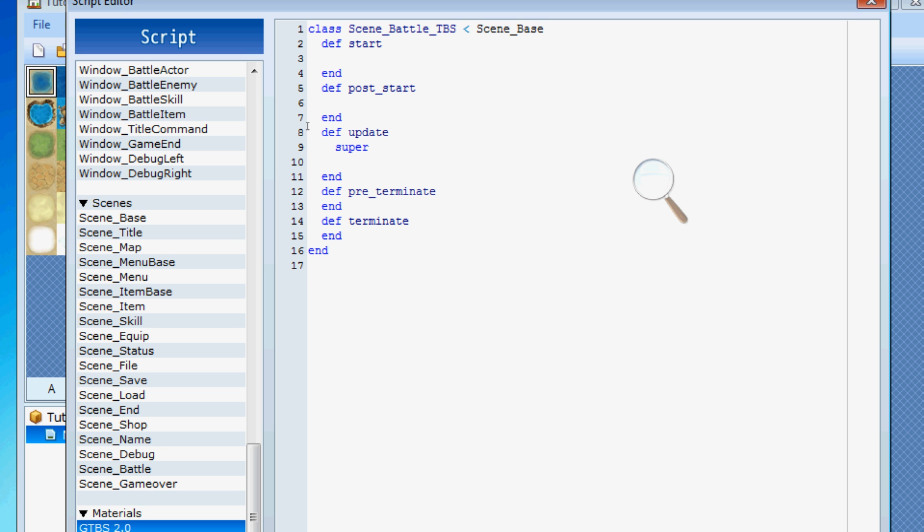So let's go ahead and start thinking about this. What do we need to do to start a battle? There are a number of different things, and unfortunately I don't have GTBS loaded for VX on this virtual machine, but I could load it up for XP. But the idea here is that we need to initialize everything that would normally start. So what we would do is